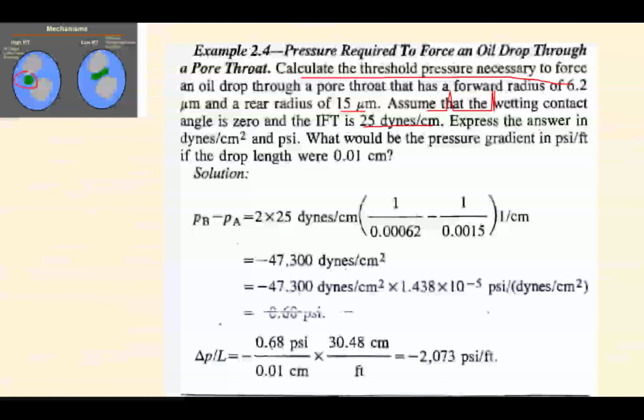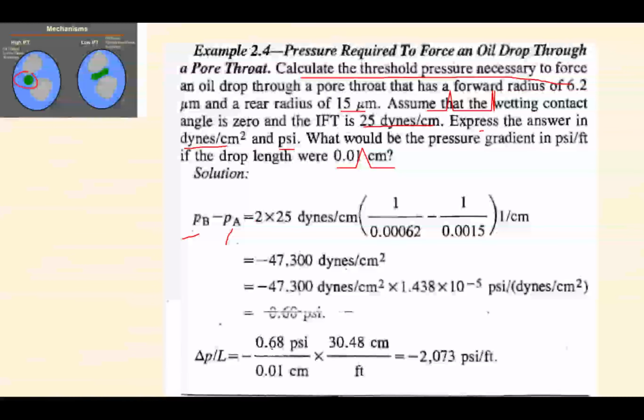You can be asked to answer this question in both units, dynes per centimeter square and PSI, both of which are units of pressure. And what would be the pressure gradient if the drop length is 0.1 centimeter? This is the fundamental equation of the pressure, which you will find in standard books: P_nw minus P_w,